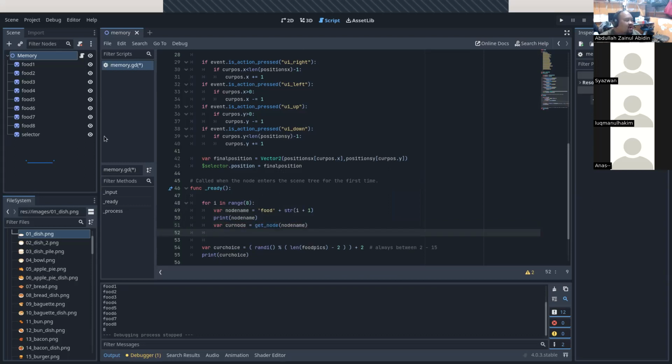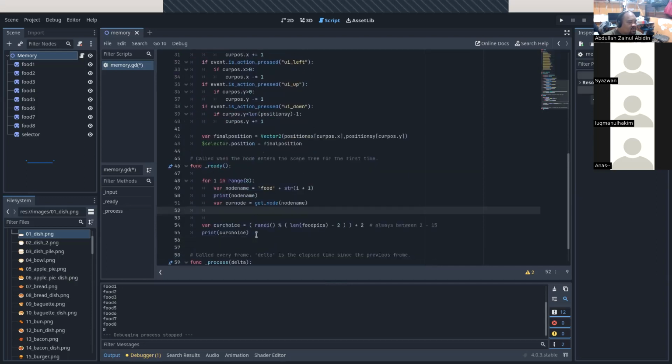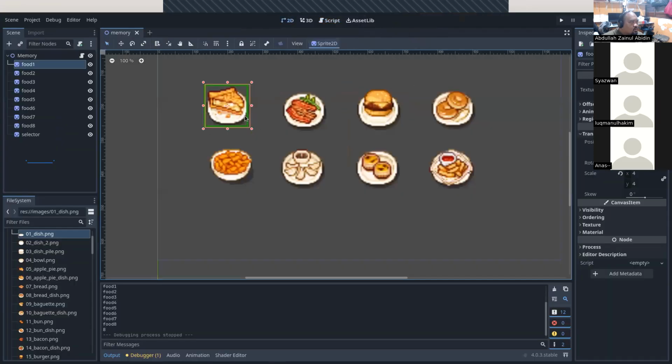Okay, so that is going to find the node with the name that we gave over here, which is foot 1, 2, 3, 4, 5, 6, 7, 8. Once we have the node, the same thing like the node name, the foot name we also got to change. Because this is just the foot name, but the full path is different. For example, when we set here, okay, so when we set, let's say this foot tree, the texture here,